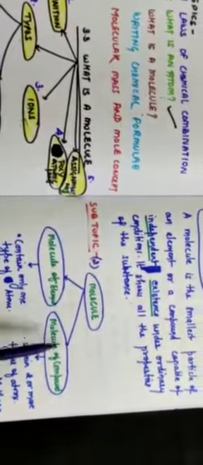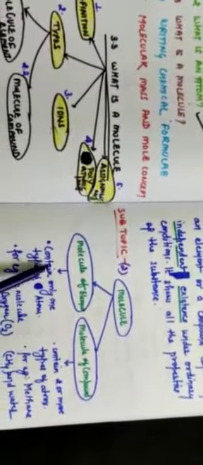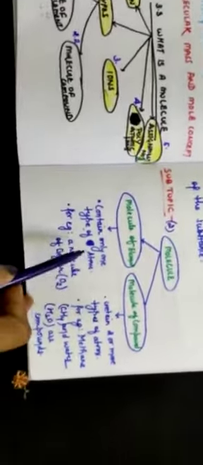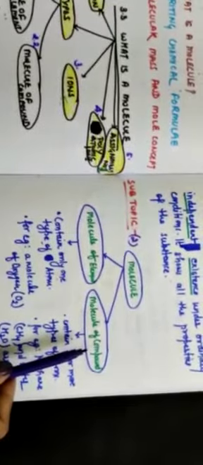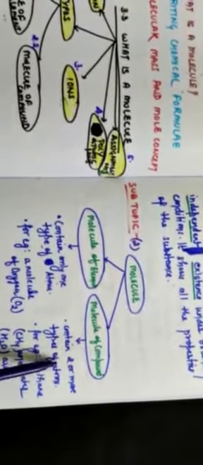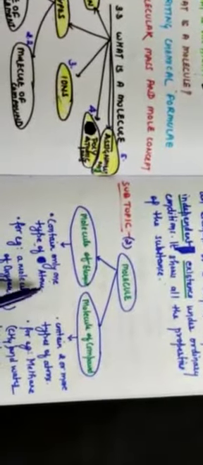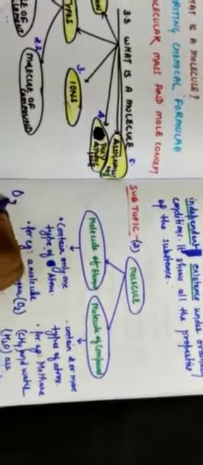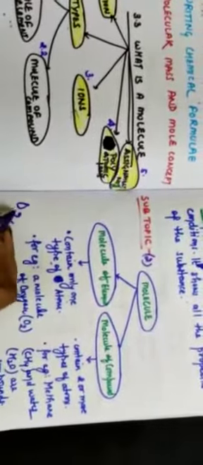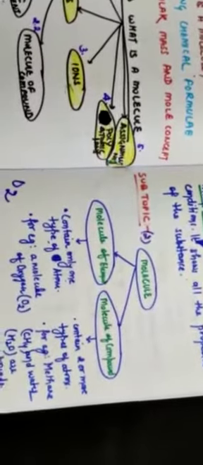Molecules are present in elements also, and molecules are also present in compounds. So there are molecules of element, they contain only one type of atom, right? And here a molecule of compound contains 2 or more types of atoms, because in case of compound there is a combination of 2 or more elements, so naturally their atoms must be different. Here it contains only one type of atom. For example, a molecule of oxygen. So here you are observing O2, right? O2. Only one type.